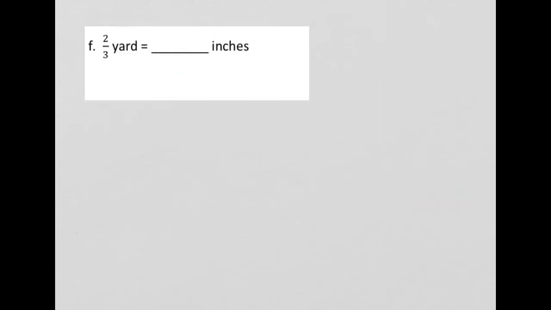So let's look at the next one. 2/3 of a yard equals how many inches? So we're going to follow our same steps. First, our conversion factor between inches and yards is 3. No, tricky. I just went 3 because there's 3 feet in a yard. So if there's 3 feet in 1 yard,